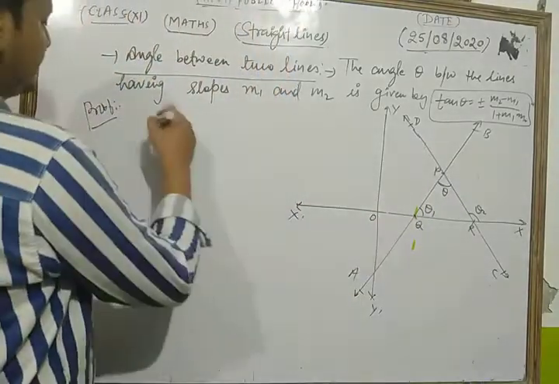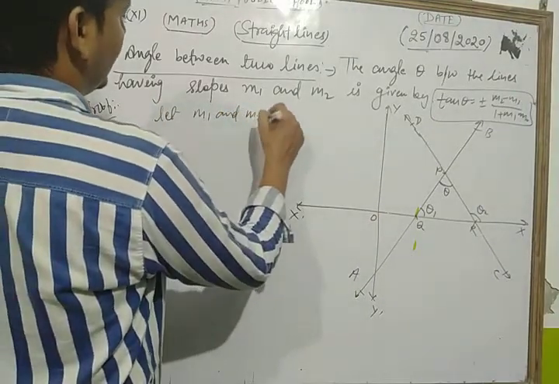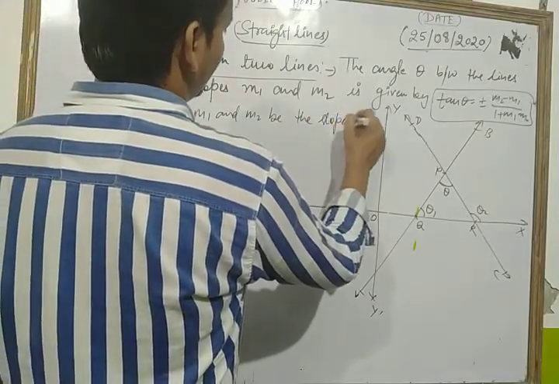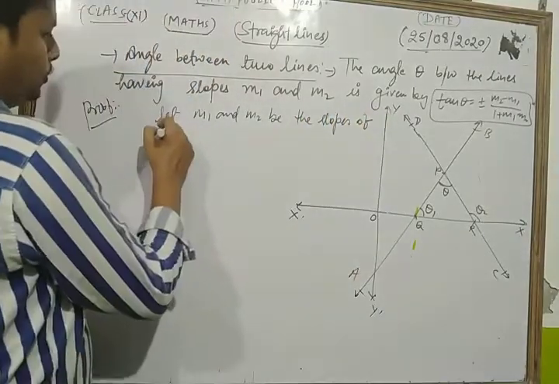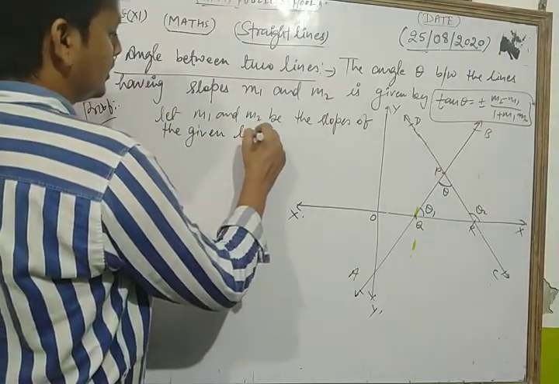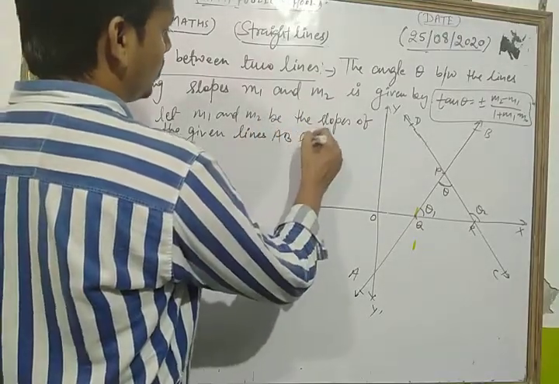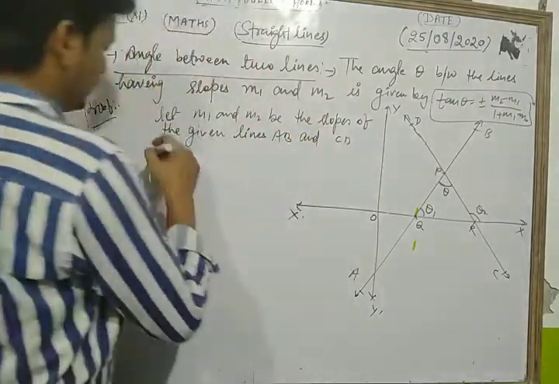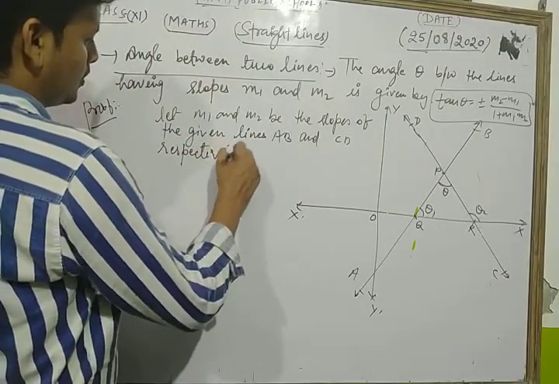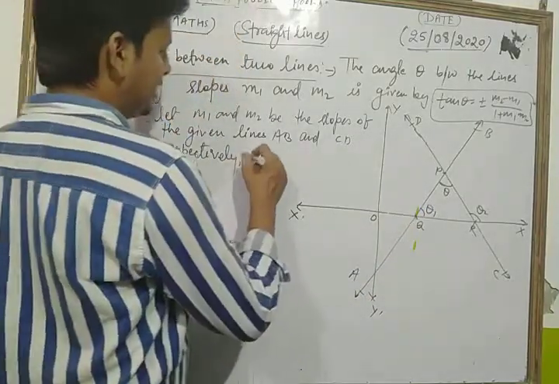Let m1 and m2 be the slopes of the given lines AB and CD respectively,